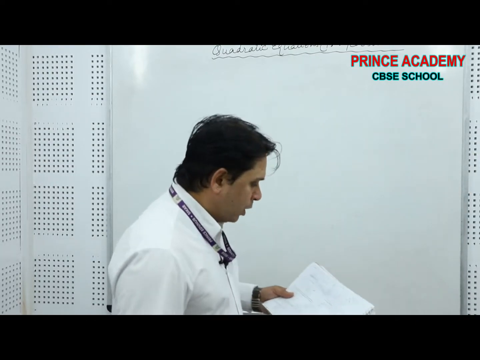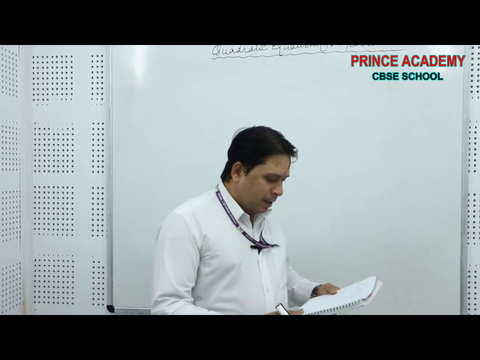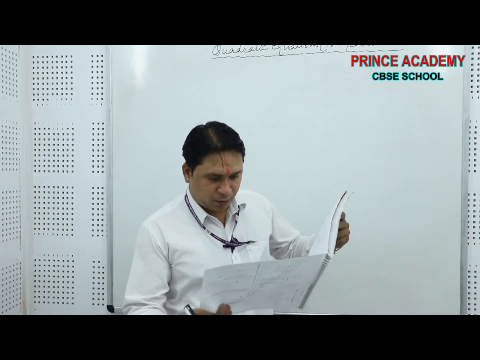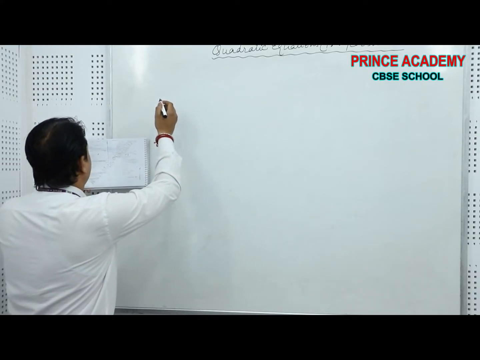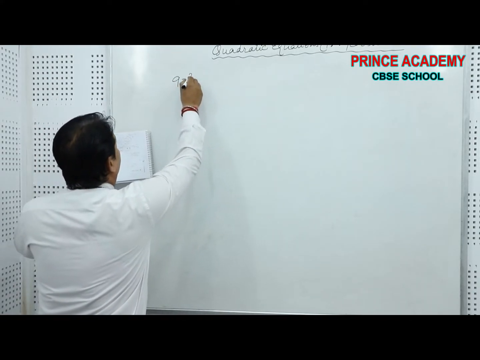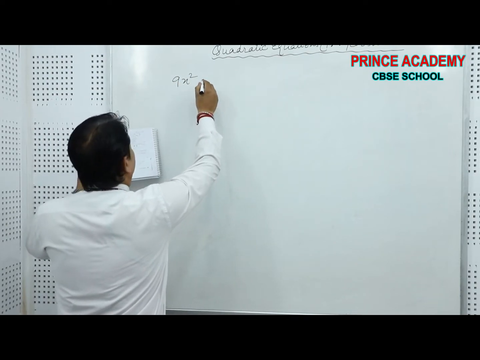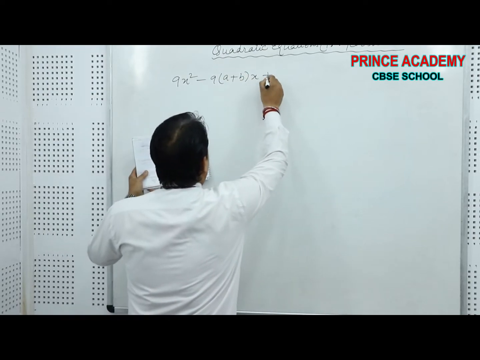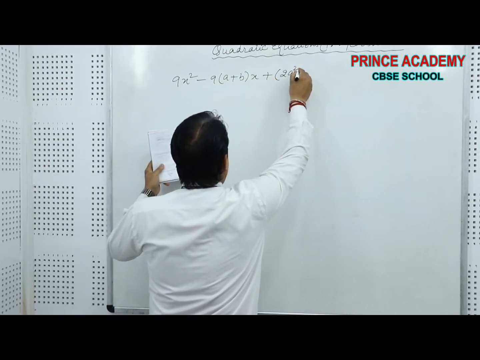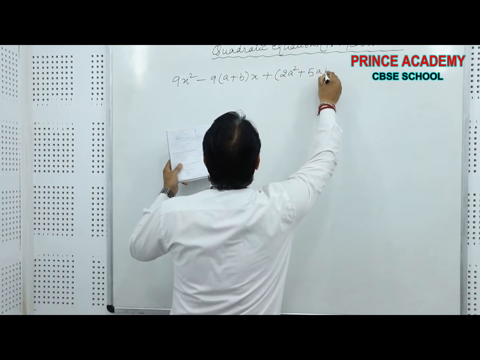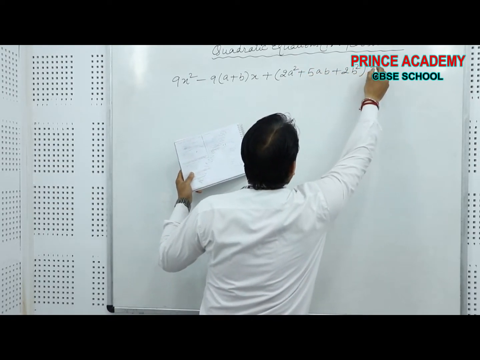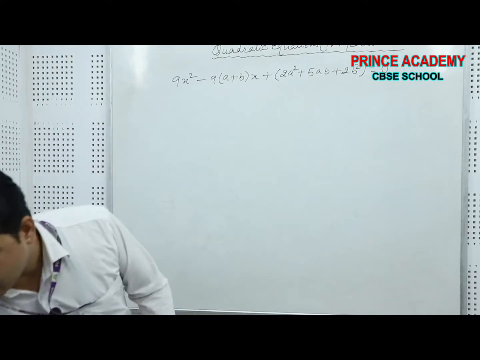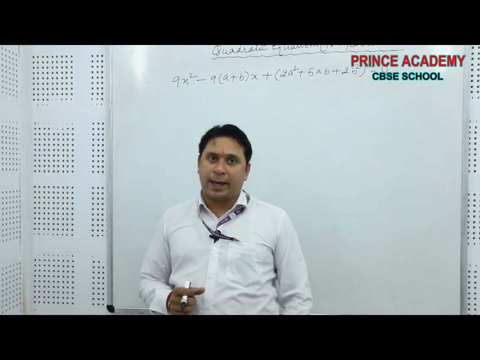Beta. Okay? Now, question number 1 I am going to solve here is this. Question number 1. See, beta, what is the statement here? It was the question asked by CBSE in 2014. 9x square minus 9 into (a plus b)x plus 2a square plus 5ab plus 2b square is equal to 0. Okay, beta, this is the quadratic equation we have to solve. Okay, now see,